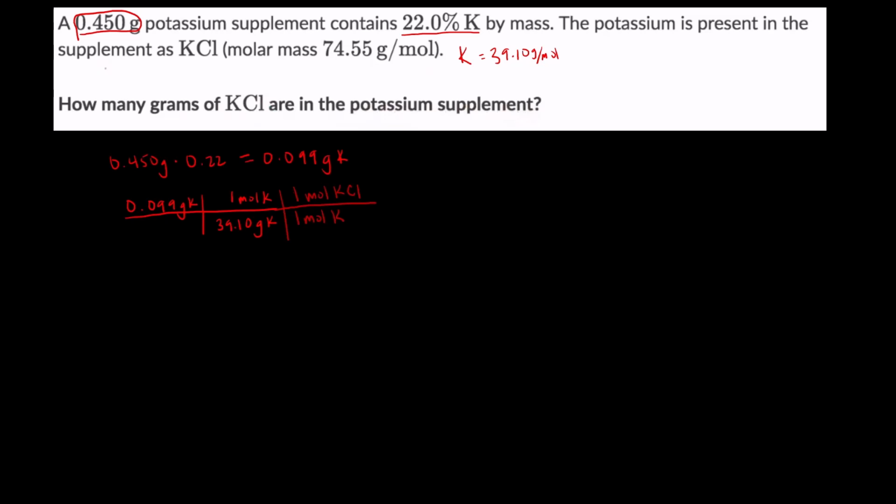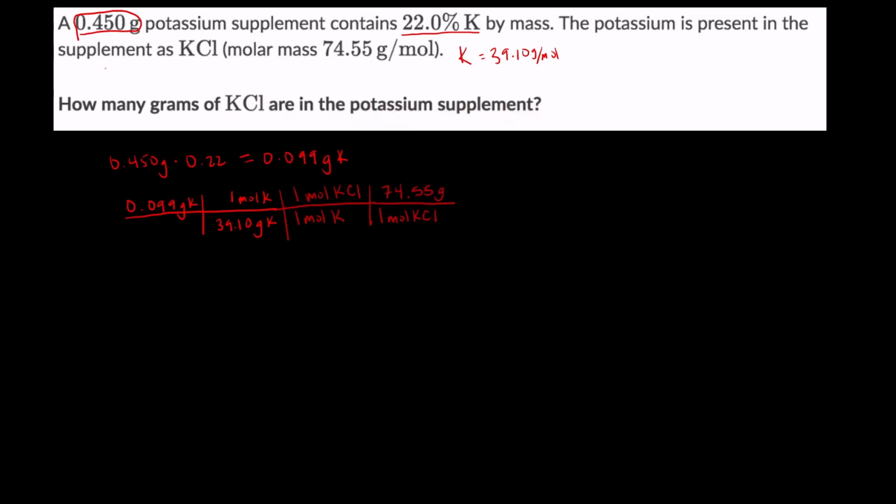But that's not what we want to end with either. What we want to end with is grams of potassium chloride. And so now we're going to convert those moles of potassium chloride into grams of potassium chloride. So I'm going to put moles of potassium chloride at the bottom, and the grams of potassium chloride are going to go at the top at